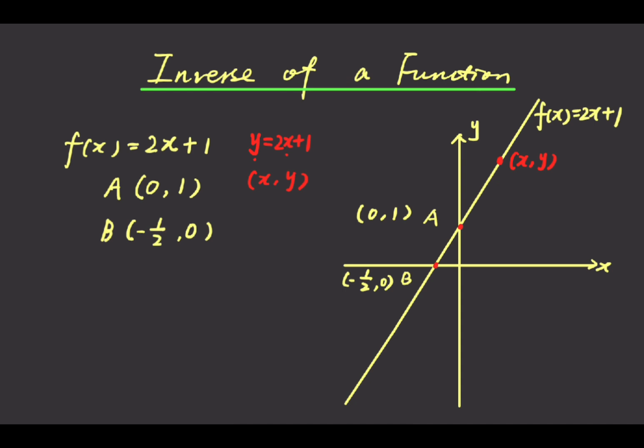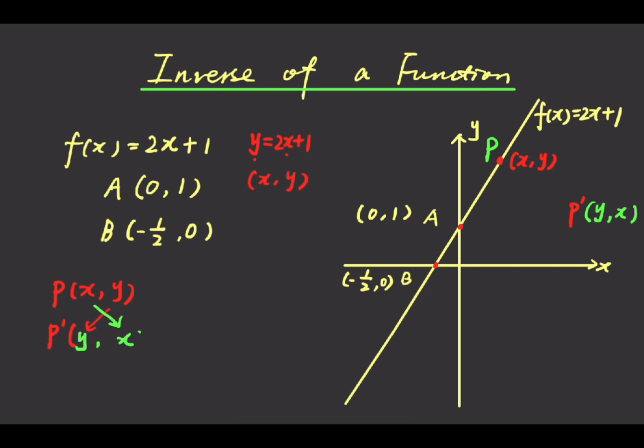Okay. The inverse of a function is to reverse the x coordinate and y coordinate. That is to say, we need to figure out the corresponding point. Its x coordinate should be y, its y coordinate should be x. Okay, that is to say, there is point P, and the corresponding point P prime. P has x coordinate, y coordinate, and the corresponding point P prime has x coordinate should be the y coordinate, y coordinate should be